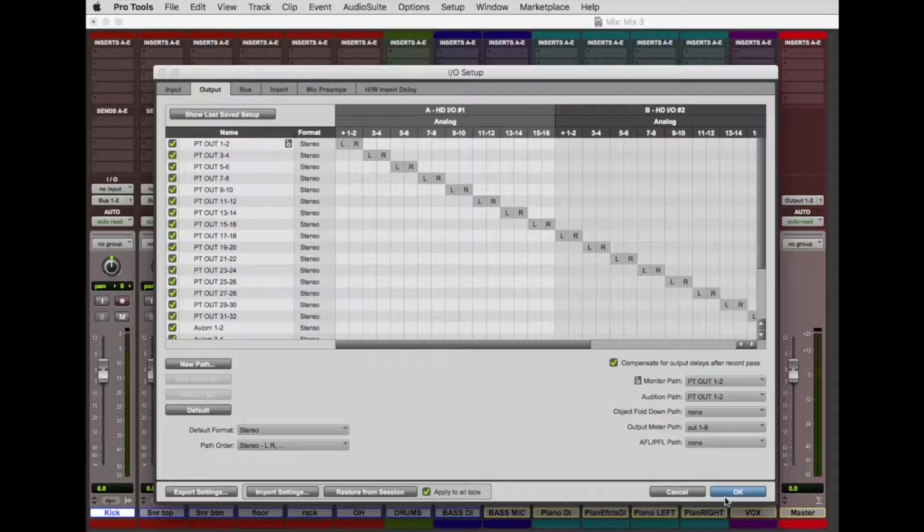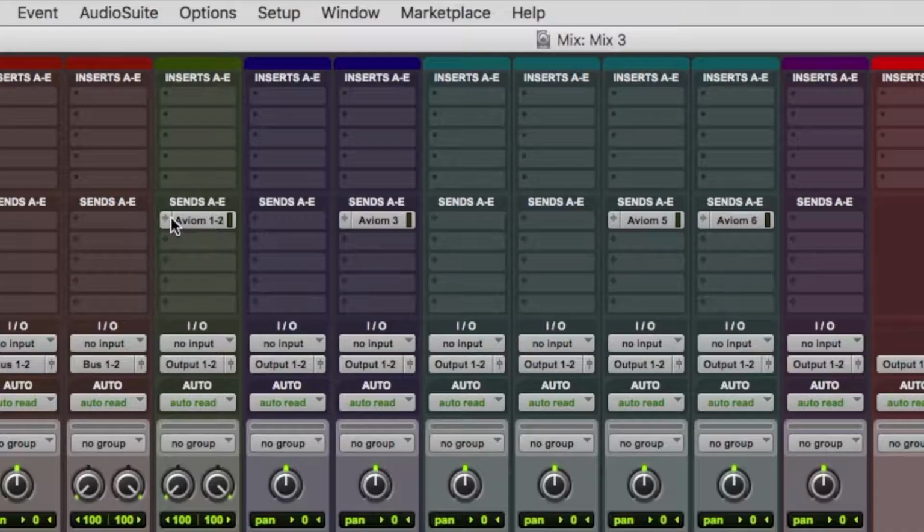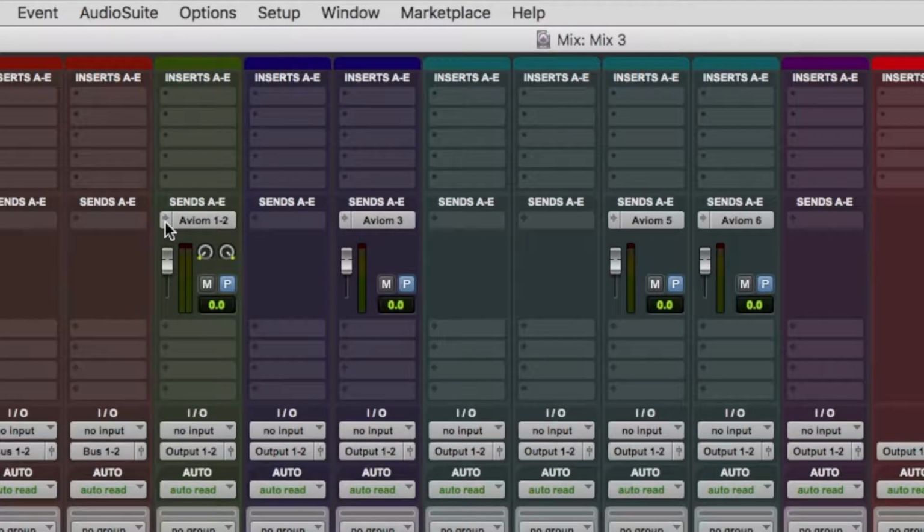When you select the Aviom output to send to, turn up the fader, and it's a good idea to set it to pre-fader so the musician's headphone mix won't be affected by any mixing you do in Pro Tools. If you want to control your send settings without opening each individual send window, you can command-click this little arrow to open the expanded view. Here you can monitor and adjust the send level, you can pan stereo channels, set pre and post fader, and